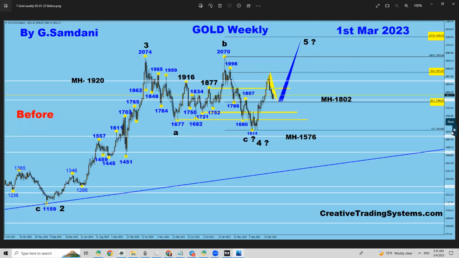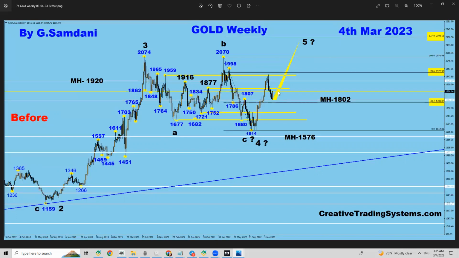So what happened to this chart is this. On the first, you can see that we already bounced here, the blue bullish candle, exactly touching 1802 and then starting to bounce. And then today, it is a solid bullish candle. Beautiful, big move to the upside. So it started to bounce from around February 28, and then today ended up here.